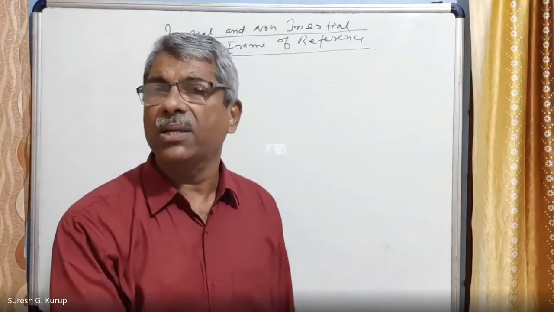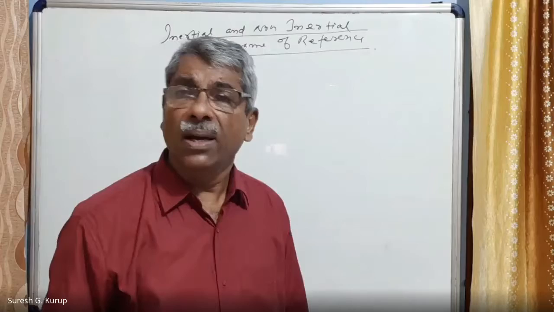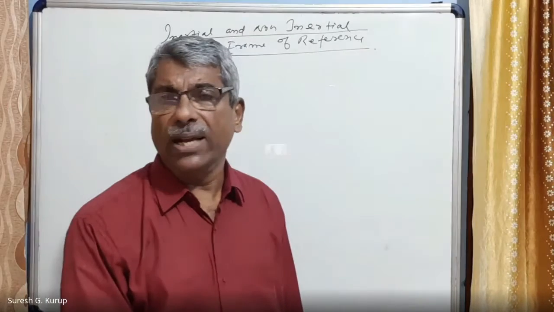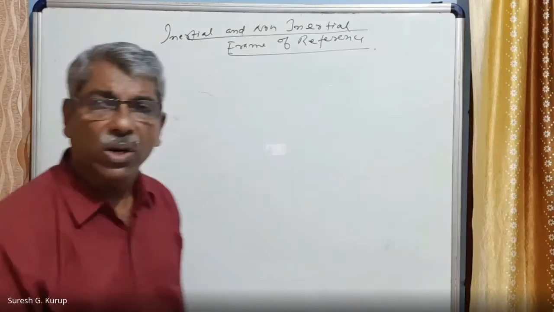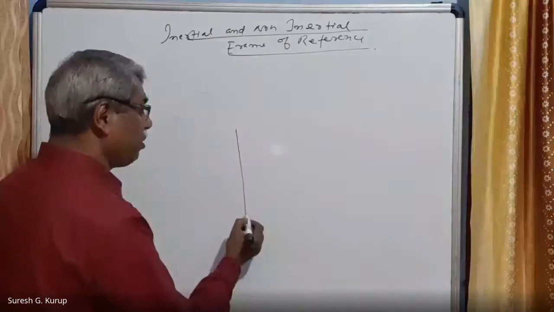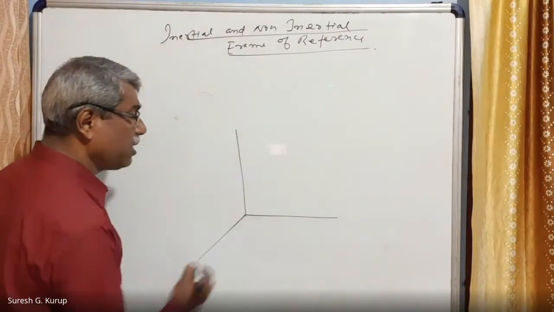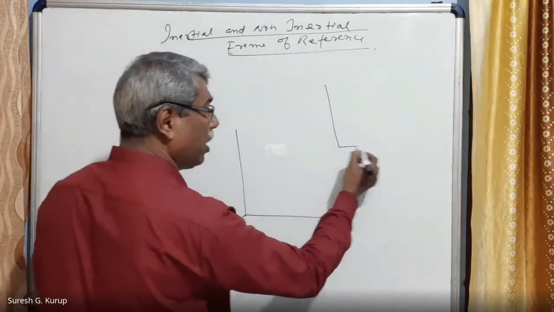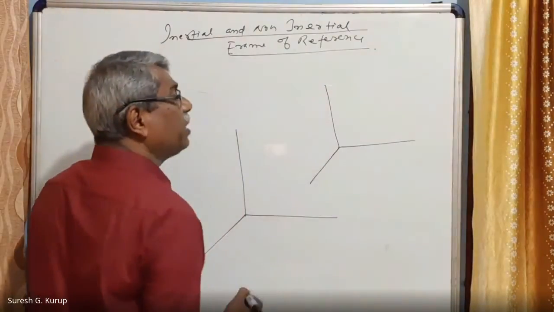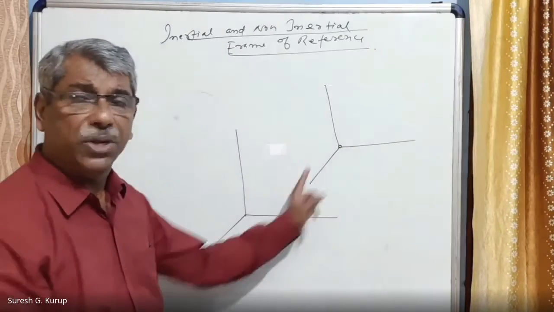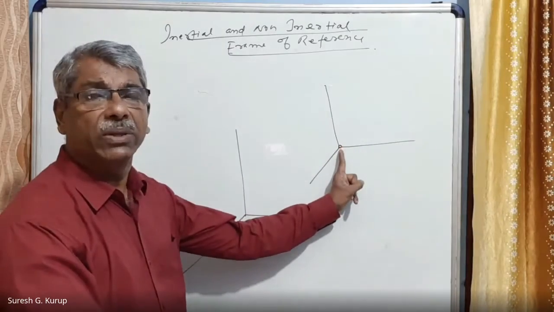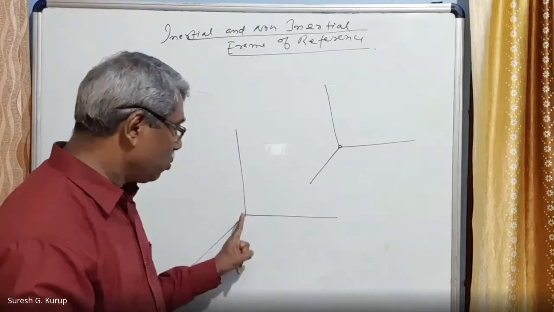In space, the coordinate system must have three dimensions: x-axis, y-axis, and z-axis. That is called a frame of reference, right? So this is a frame of reference like this, and there is another frame of reference like this also. Okay. So there is a body here. It is moving. The moving body is attached with a frame of reference. Here also a frame of reference.